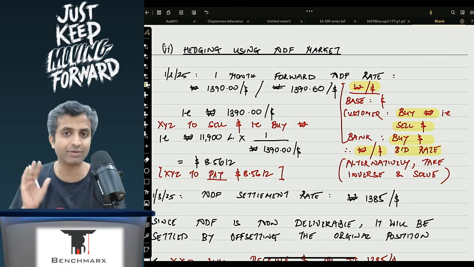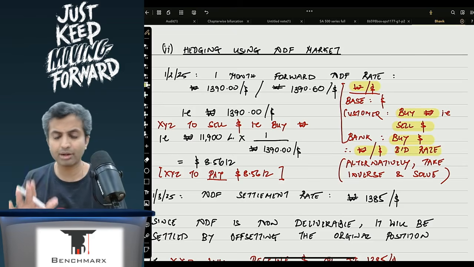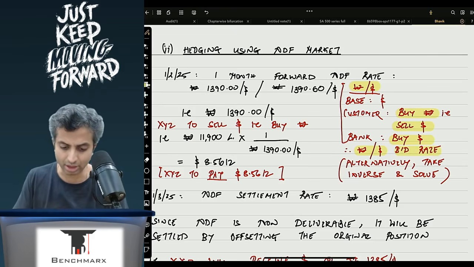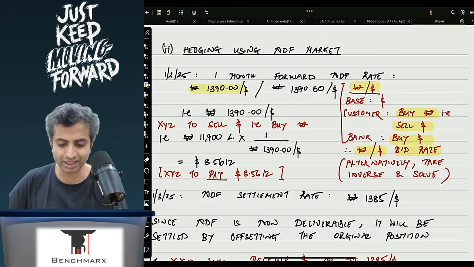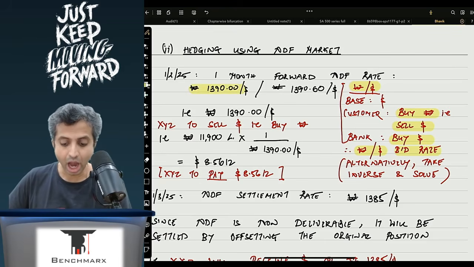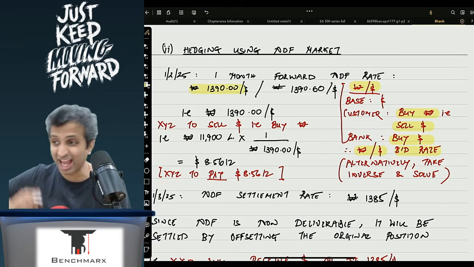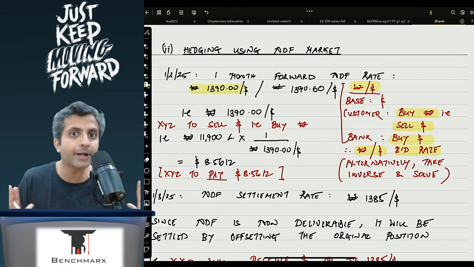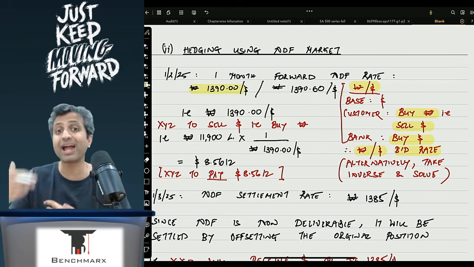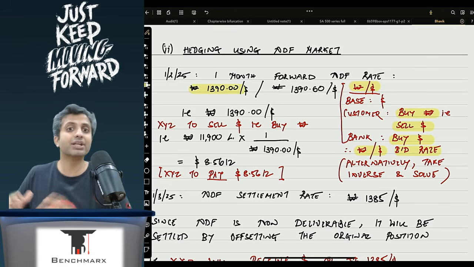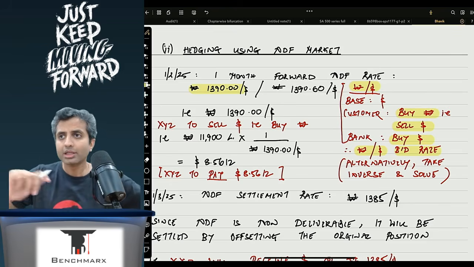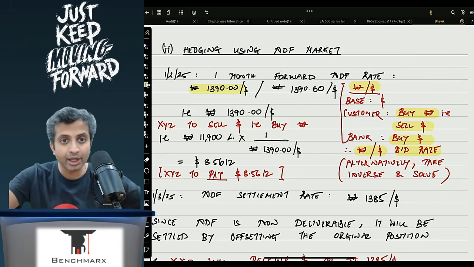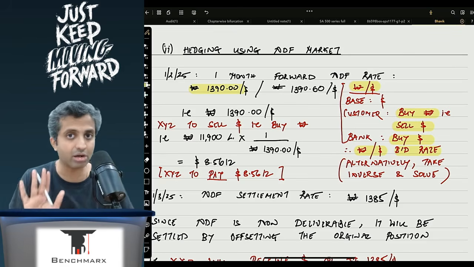Alternatively, you can even take the inverse and solve, but the banker buys at the bid rate. Now, if I look at the available rates, this is the bid rate, 1390. At this rate, how many dollars will I have to pay to get the 11,900 effectively? Hypothetically, notionally, if this was deliverable, how many dollars will I need to pay so that I get 11,900 lakh